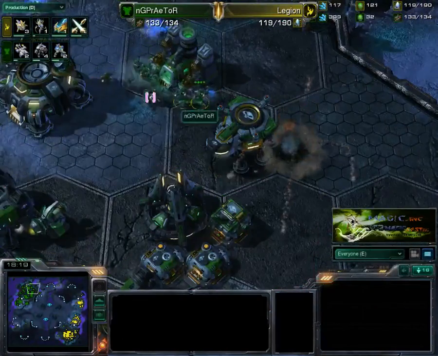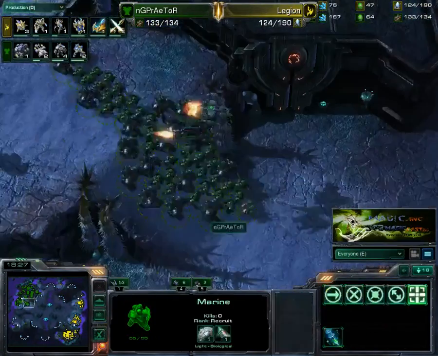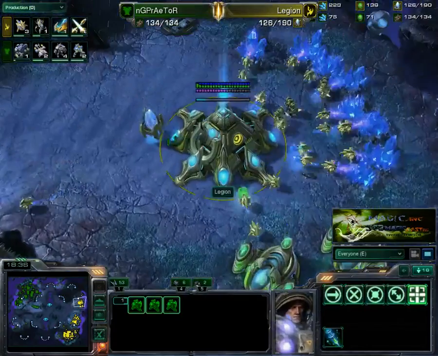Alright, apparently not in time. A little bit slow on the draw there, Mr. PrAeToR, but it looks like there's a command center going up now, so I believe he's going to be pushing out. Here's that. Well, there's a Raven, there is a Viking, and there is a whole lot of Marines and Marauders. We'll see if Legion